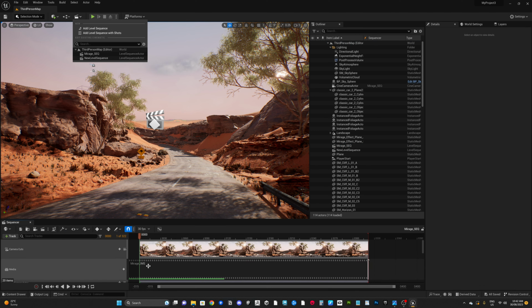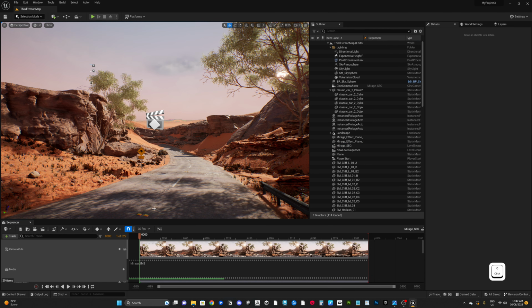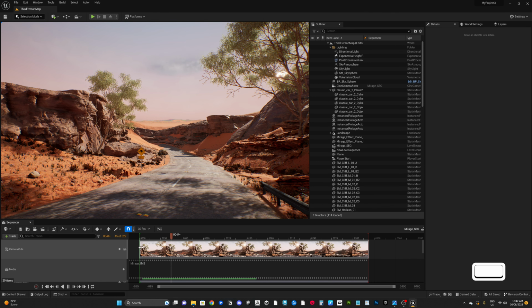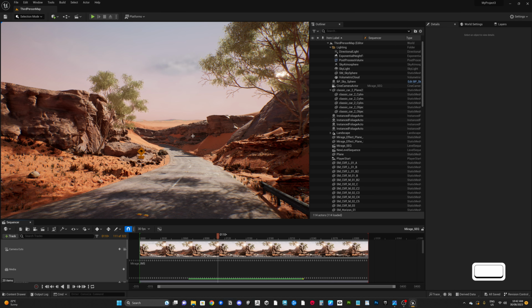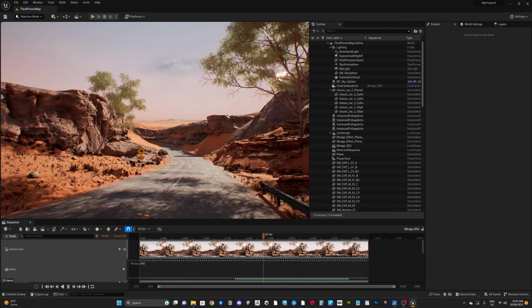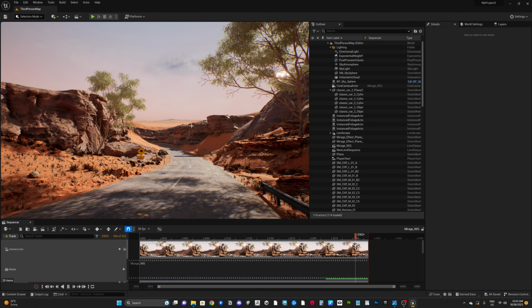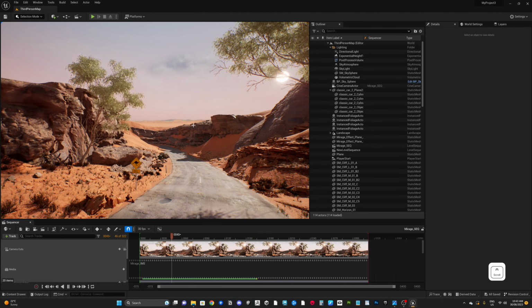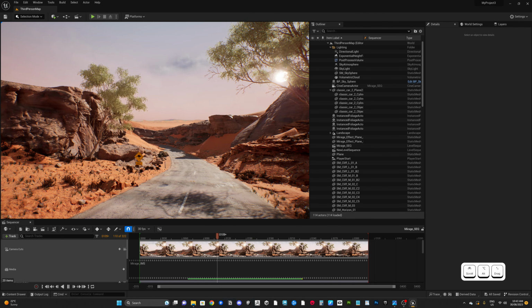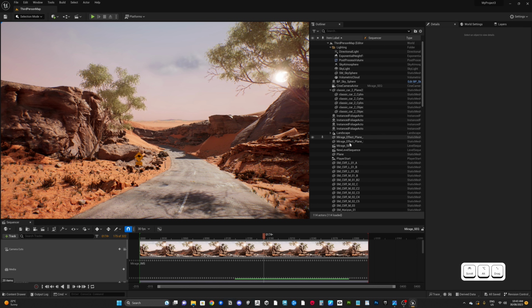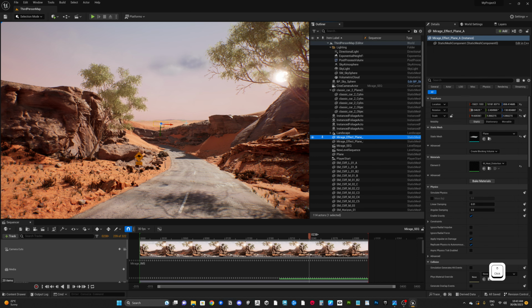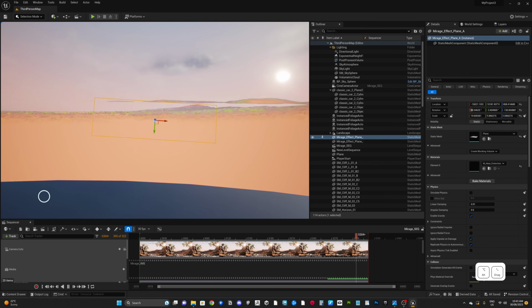If I double click this sequence, and I come into here and I press spacebar to play the effect, it's subtle, but in the background we should see some very subtle warping of that environment. If I come and zoom in to make it a bit clearer, I can select my Mirage effect plane, press focus on that,